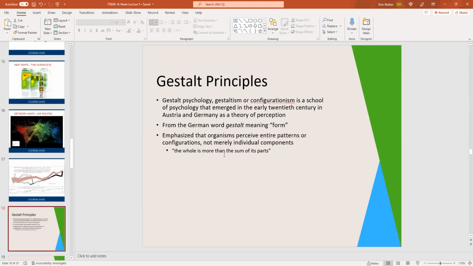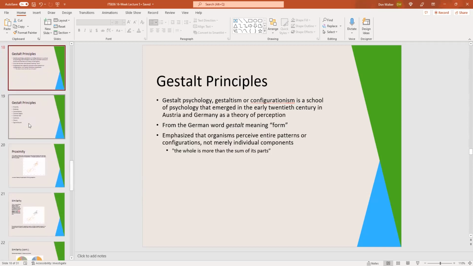So it's not a person; it's a concept. And the idea was that if you present information or present things a certain way, it makes it easier to see patterns as opposed to the individual components, which is what we're doing with data